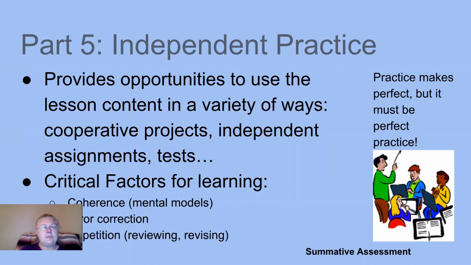One of the things that shows in independent practice could be even tests, okay? So you may, after one lesson, you're not ready to give them a test. So there's other forms of independent practice, maybe you're just going to have them work on a few problems in math, or maybe you're going to have them create some kind of story problem on their own, or write a story, anything that they're doing independently, okay? But look at our critical factors. We're using coherence, error correction still, because we need to give them feedback on this independent practice, and then repetition,